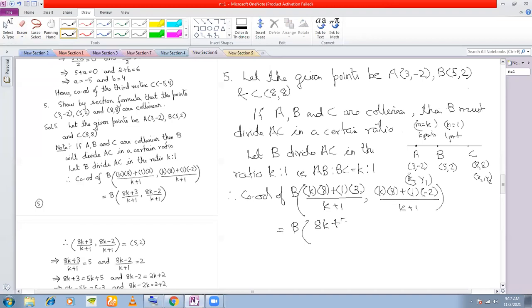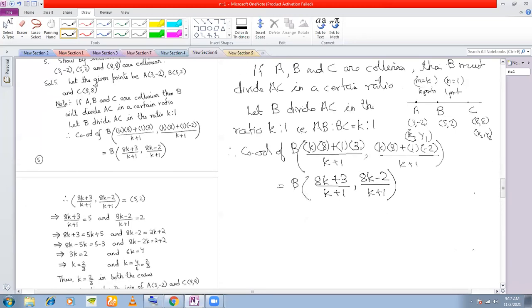So now you have (8k plus 3) by (k plus 1) and (8k minus 2) divided by (k plus 1). This is the coordinates of B. But what is the coordinate of B given here? (5, 2). So therefore, (8k plus 3) by (k plus 1), comma (8k minus 2) by (k plus 1) is equal to